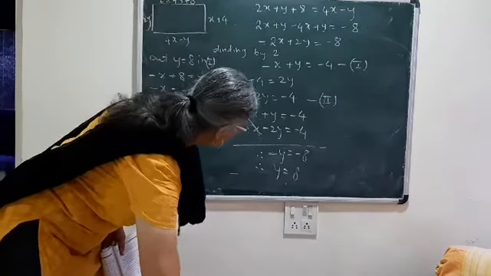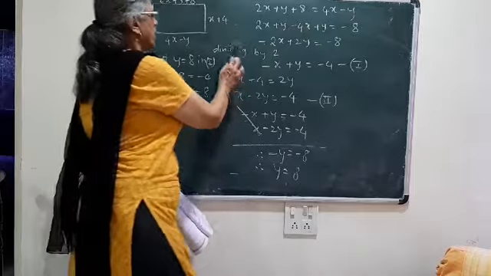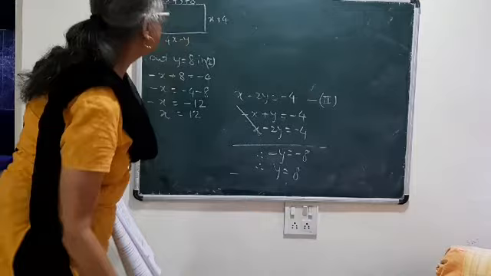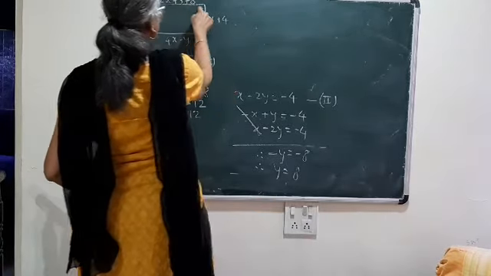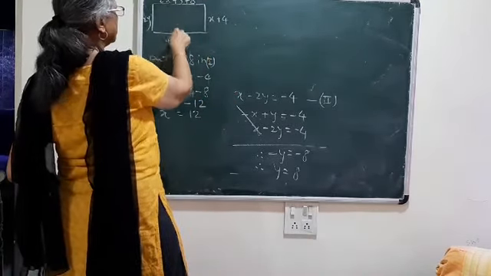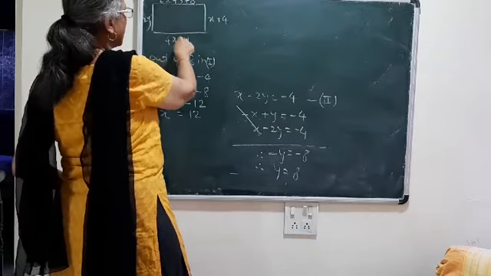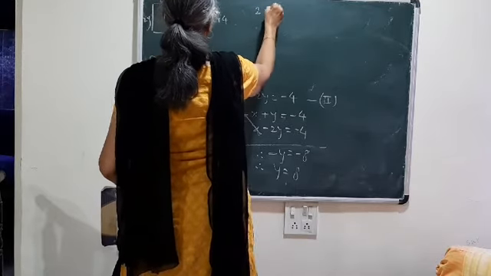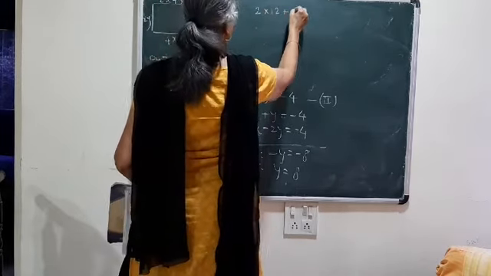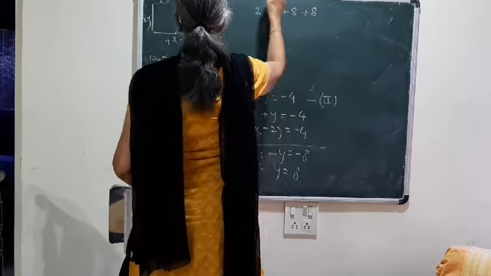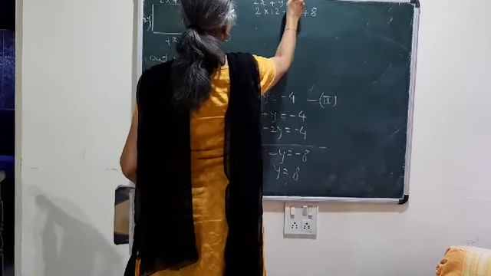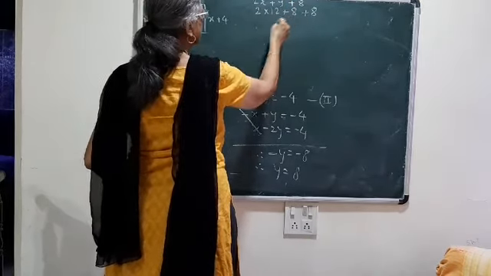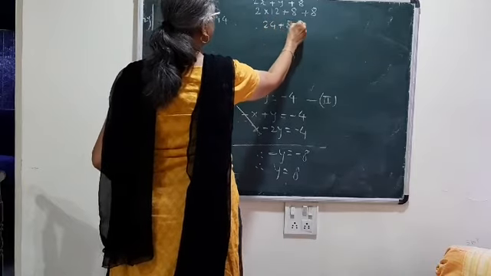Now we already have x is equal to 12 and y equal to 8. So now we are going to find out the lengths of sides. If we consider this side, you can substitute x and y in any one side and you will get the other side, because both sides are always equal. So 2 into 12 plus y, that is 8, plus 8. I am substituting here 2x plus y plus 8. So 2 into 12 plus y plus 8. So it is 24 plus 8 plus 8.